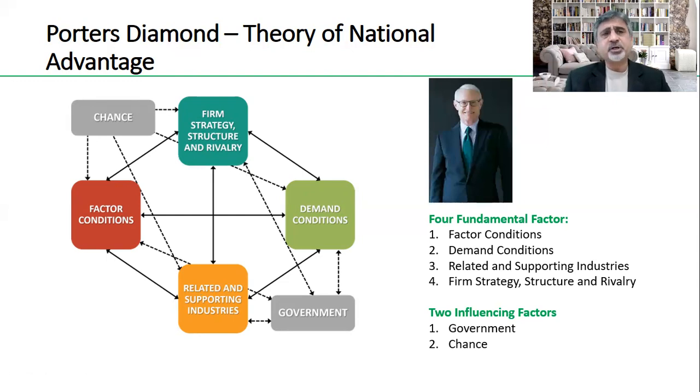Chance is something which is just there. By chance, some countries are privileged with some particular thing. Some countries have got very good weather. Some countries have huge oceans and seas, and a lot of resources there. Some countries have oil. Some countries have fertile land. Some countries have metals, minerals, oils, etc. So chance is also there.